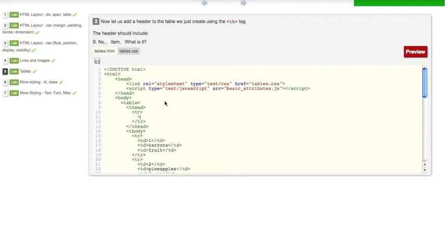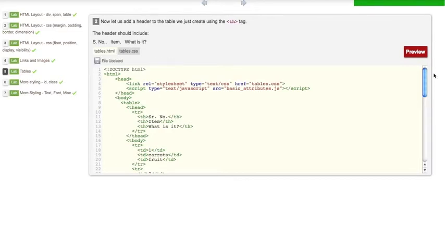Now the difference here is that instead of using the td tag which you use for data, for the heading section you will use the th tag, right? So let's put serial number, the next one will be item, and finally type. So great, now we've added the heading.